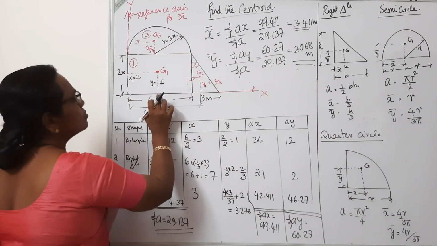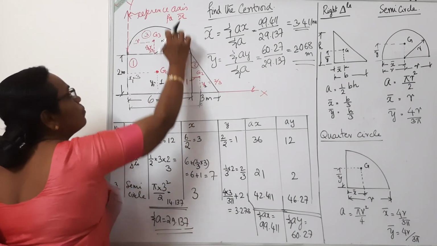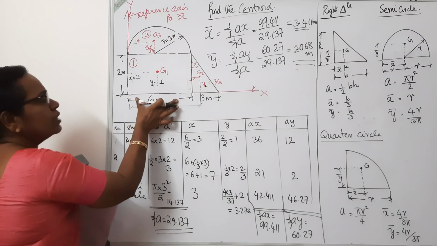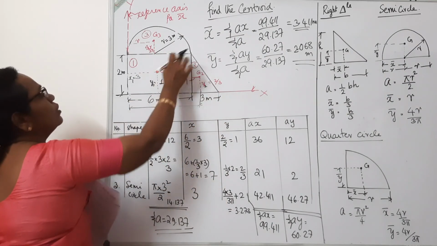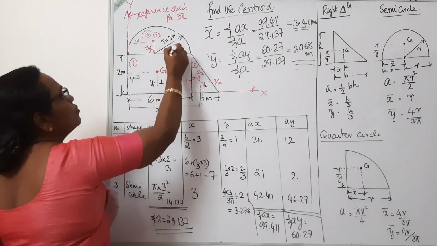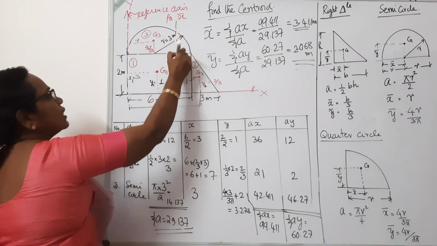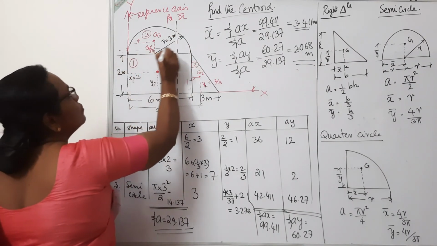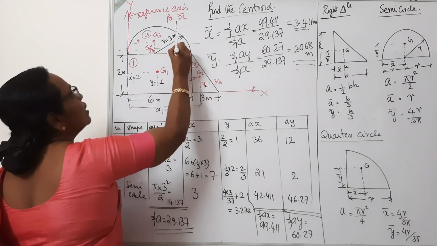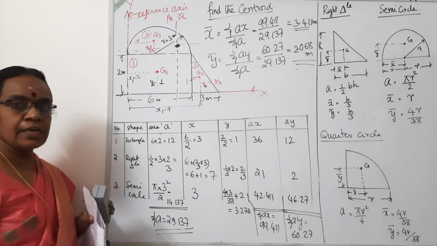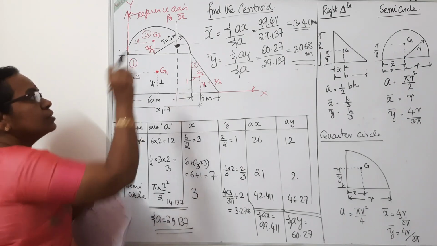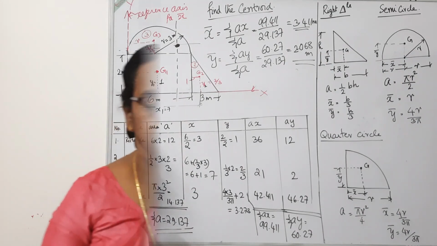So this is up to this 3, somewhere here. 3.411 from here and 2.068 with reference to this line, 2 points above this. So the centroid falls somewhere here. If you mark it correctly to scale, the centroid of this entire figure will fall somewhere here. The total area will be concentrated on that particular point.